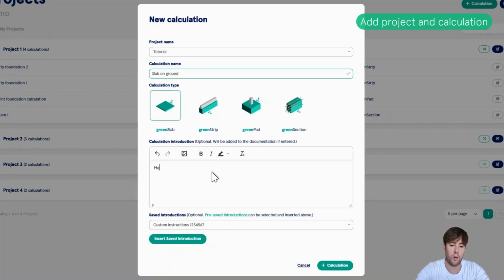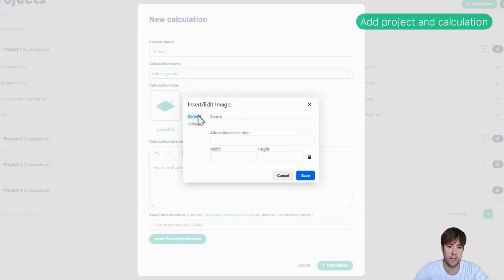Here you can write any text, let's say hello and welcome to the Slabs on Ground tutorial. And you can also press this image icon, and then you can either write the source or upload or drop an image or upload it from your folders.